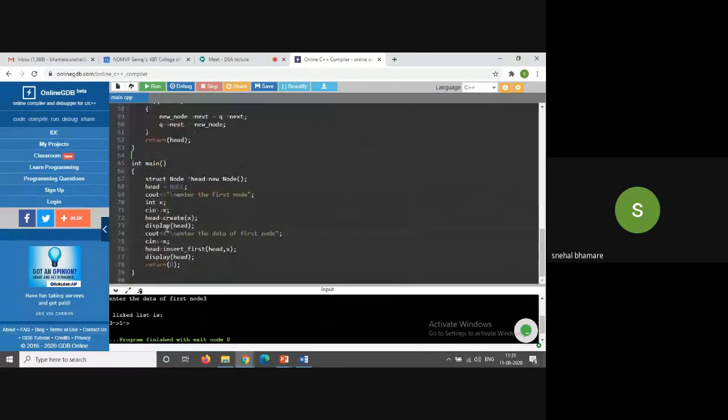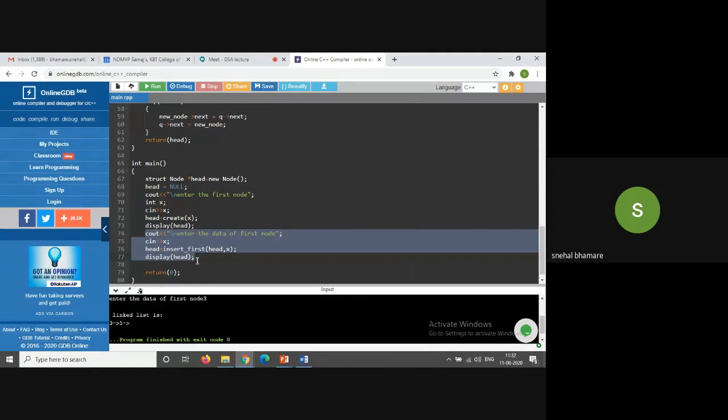Now in the main function, I have only 3 and 5 in my nodes, right? So I will increase its size by adding more values. I'll copy paste this code again and again.